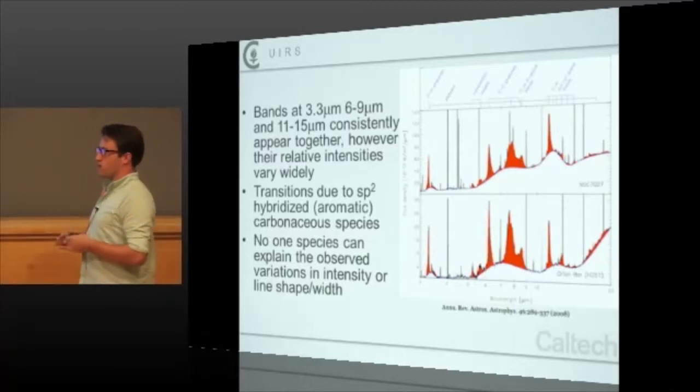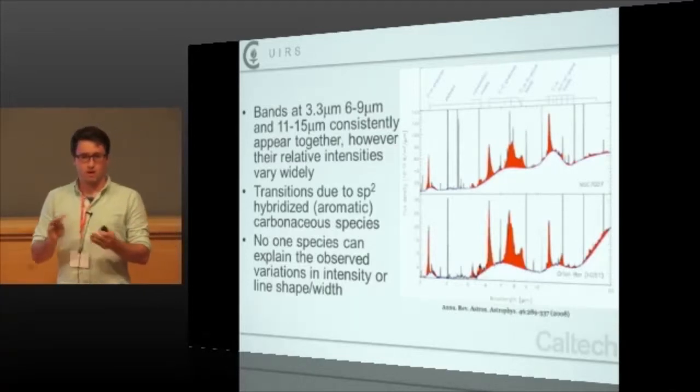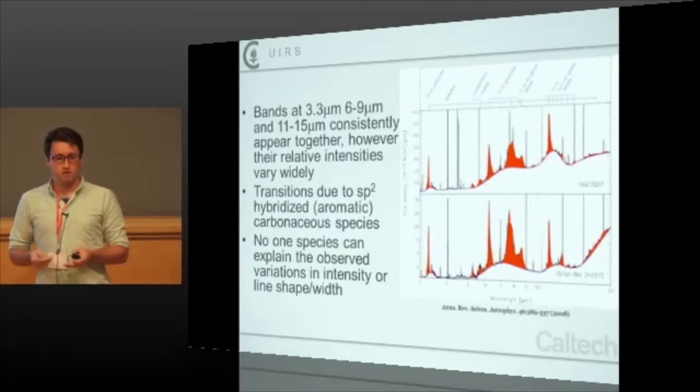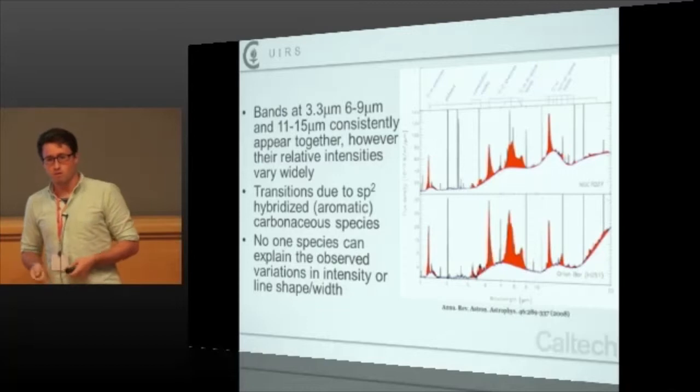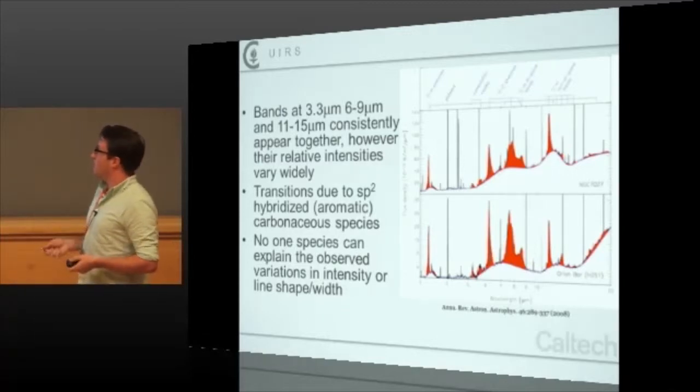So there's this big gap. We can't identify any individual PAHs. We can't see the size distributions. It's very difficult to tell how functionalized they are. And there's a lot of places we can't naturally look for them. So it's a big ongoing problem in astrophysics.